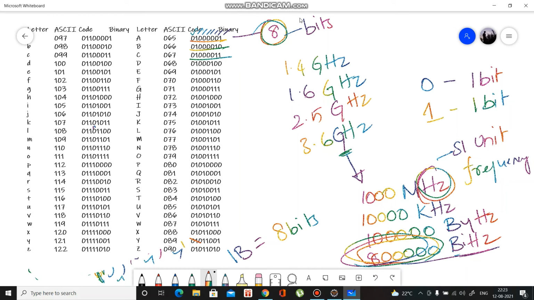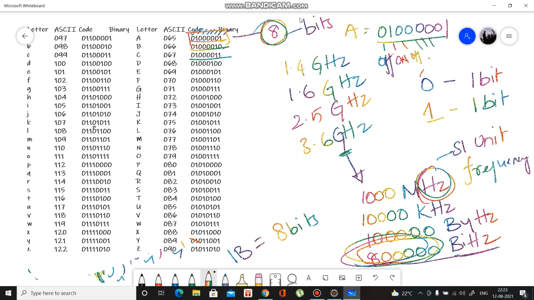So while your processor runs, if it's a 0, then it won't send any signal. Like take A is equal to 01000001. This is the binary code for A. So 0 is off, 1 is on. So off, on, off, on, off.